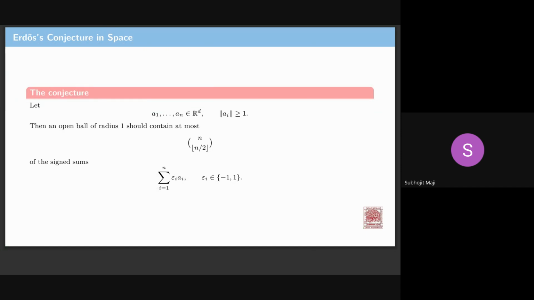So now Erdős's conjecture. After giving the proof for the real numbers, he conjectured for the d-dimensional real vector space. That is, he said let a_1 to a_n be in R^d, and let the norm of each a_i be greater than or equal to 1. And then an open ball. Now an open ball is something which has